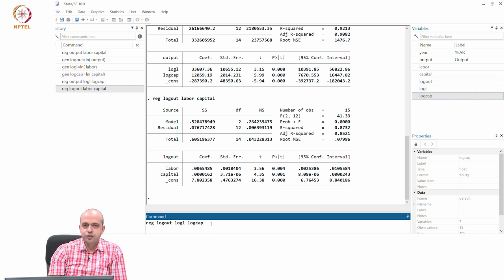This is our model, and this model is called the log-log model, both sides log transformed, and if you put enter,